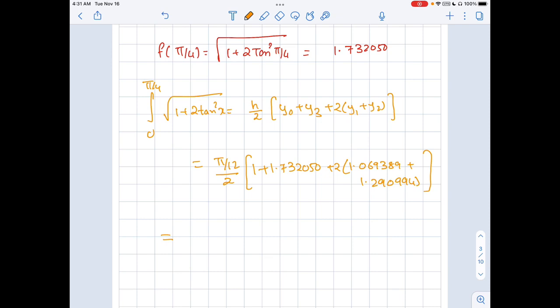and again pi upon 12 divided by 2, then times what am I going to do? 1 plus 1.732050 plus 2 times of 1.069389 plus 1.290994, and I simplify that one and I should be getting the answer as